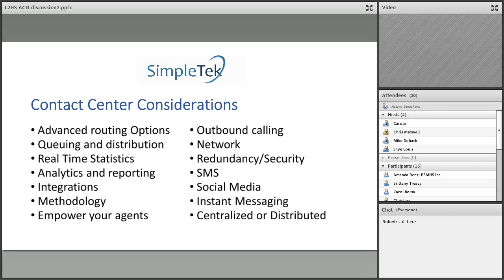So when you go to contact center, the considerations are different because you need to be looking at more of what other integrations do you use, what methodologies, what statistics do you want to see, what kind of reporting do you want to see, what platforms are you wanting to integrate in with, and how are you going to handle those.